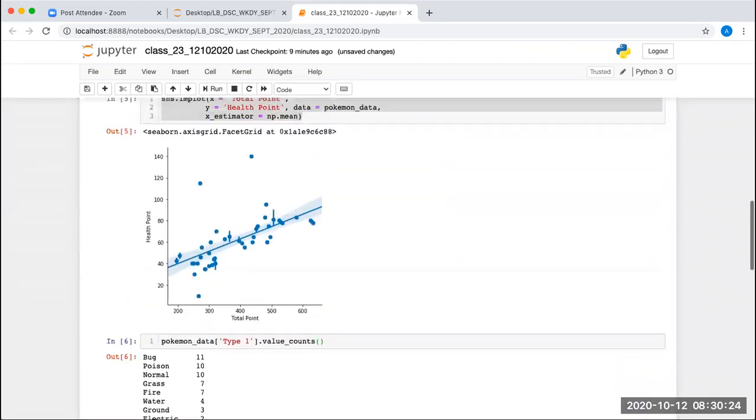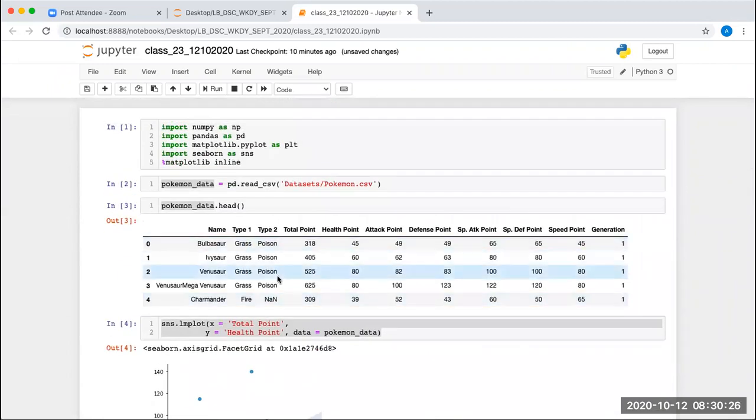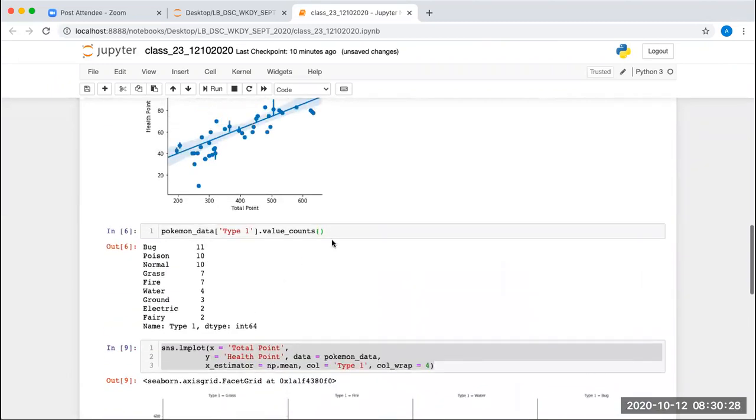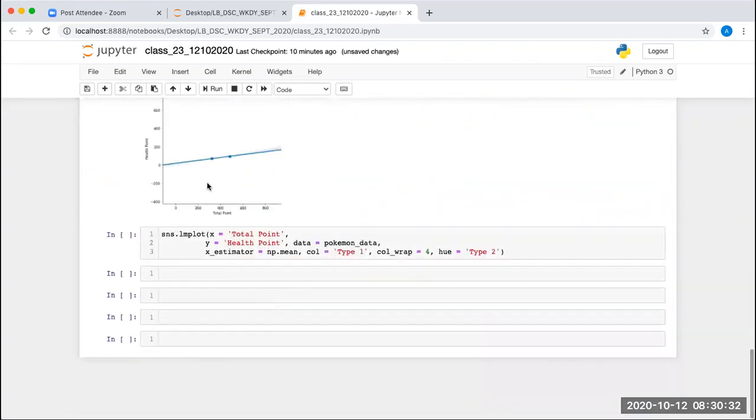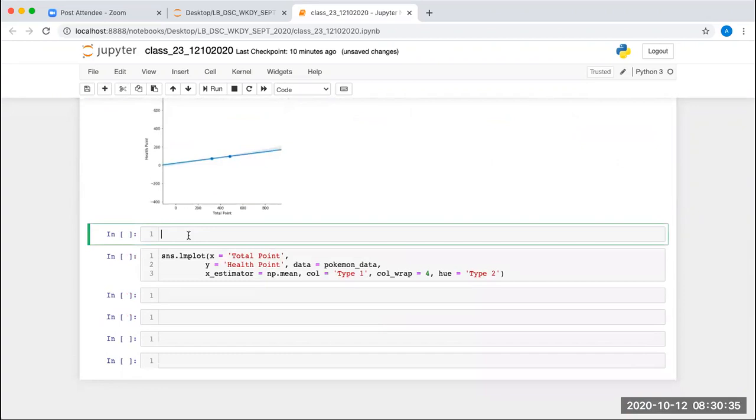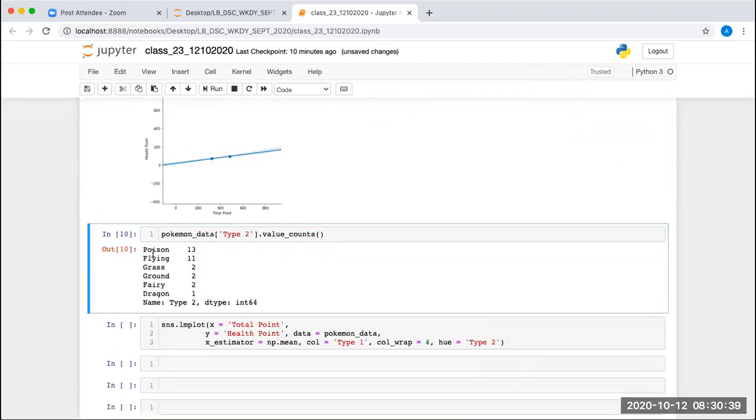Now what is type 2? If you want to check the values in column type 2, you can just write type 2 and value_counts. It will show you that there is a value called poison in the type 2 column, which has 13 repetitions, flying 11, grass 2, ground 2, fairy 2, dragon 1.